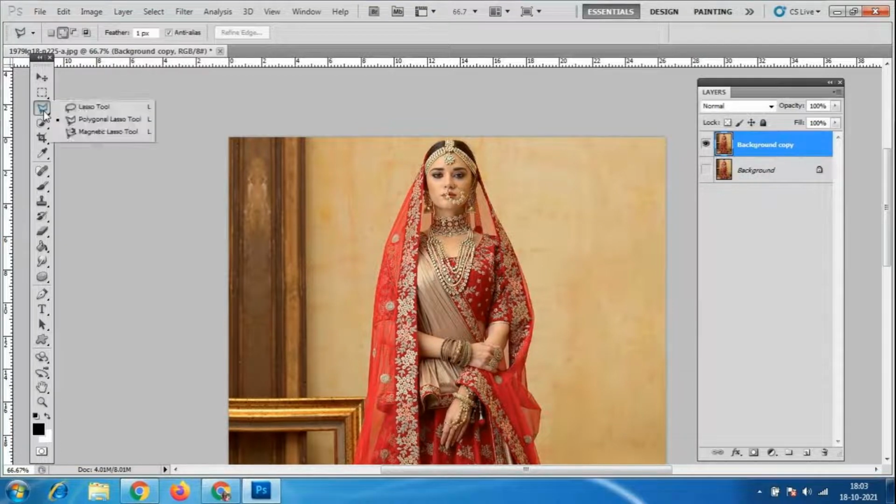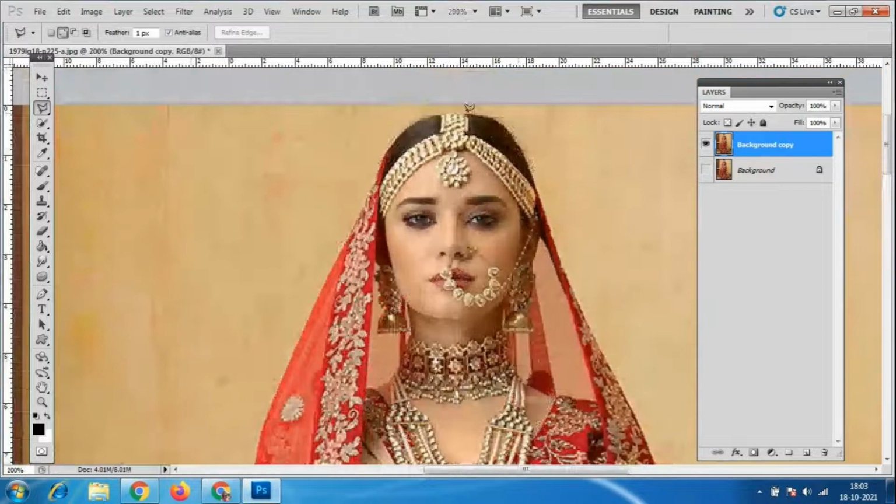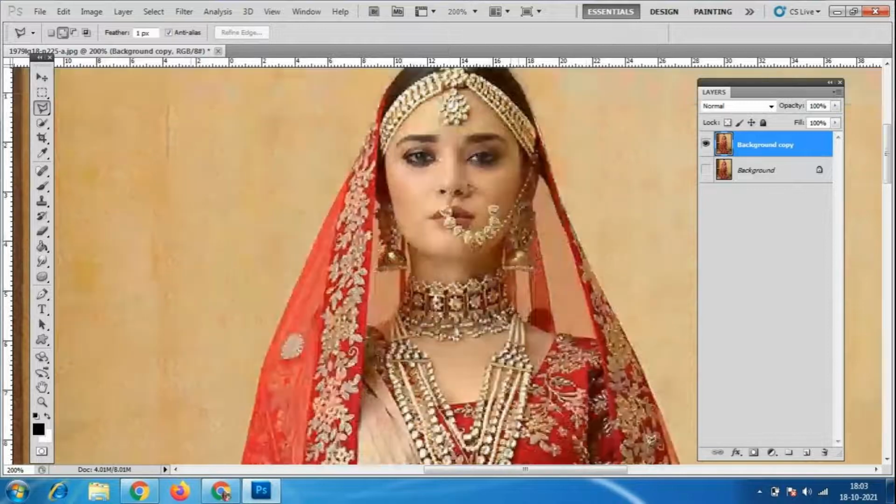I'll use the polygonal lasso tool. This is the perfect method I'm showing you. Whenever you take an image, always select neatly like this, one pixel inside. Don't take it with the background.